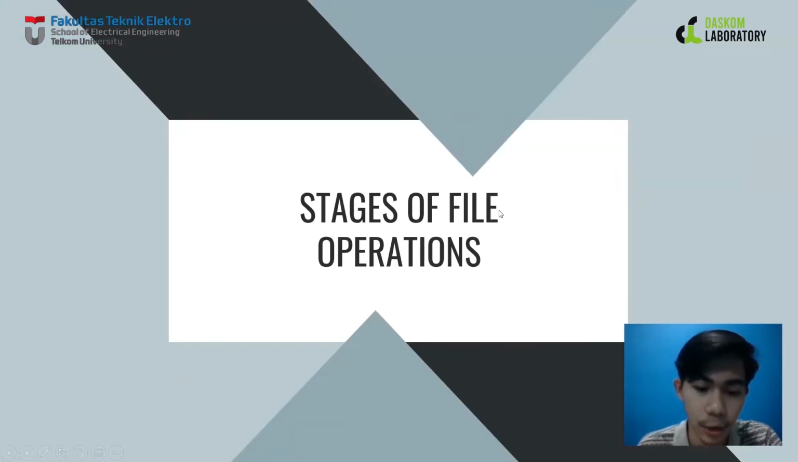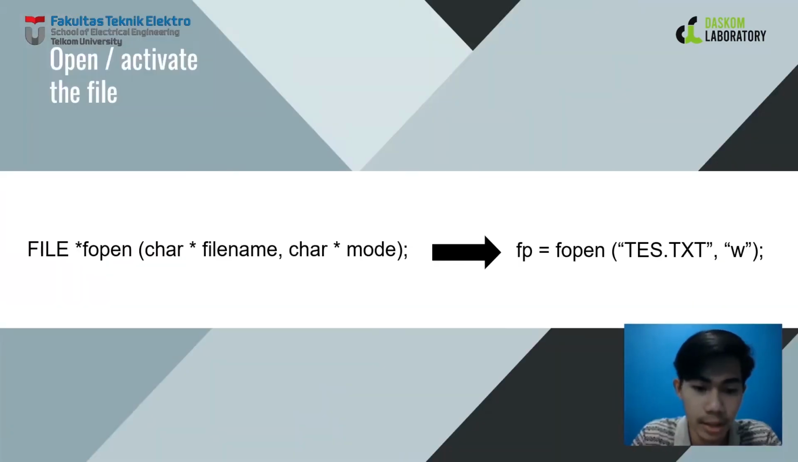Next, you also need to know what the file operation stages are in sequential files. The first is to open or activate the file. Before a file can be processed, the file must be opened first. Use a function called fopen. The general form is like this: FILE asterisk fopen(filename, mode). An example: fp = fopen